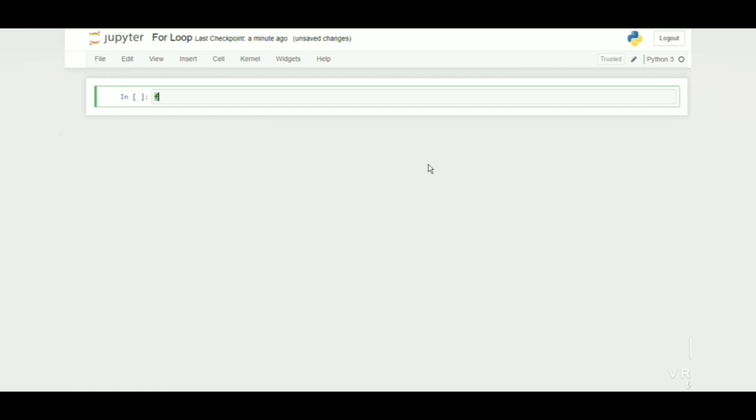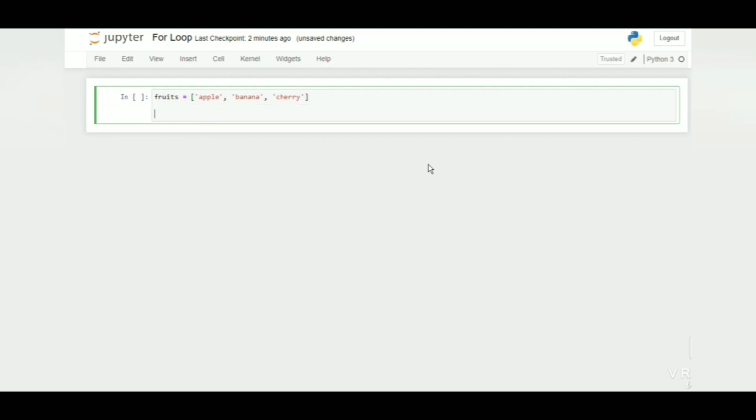Let's take an example. I would just say fruit is a list having apple, banana and cherry. For each item present in the list of fruit, I will just print every item.